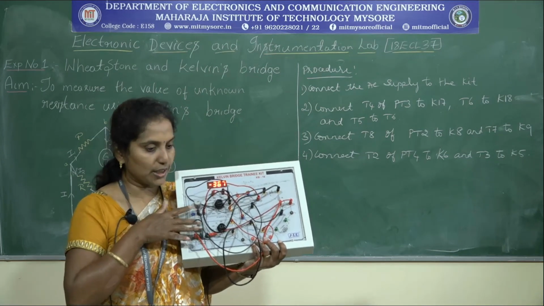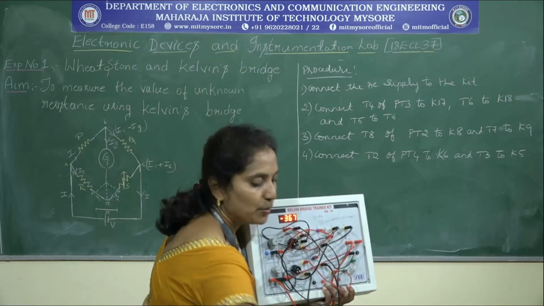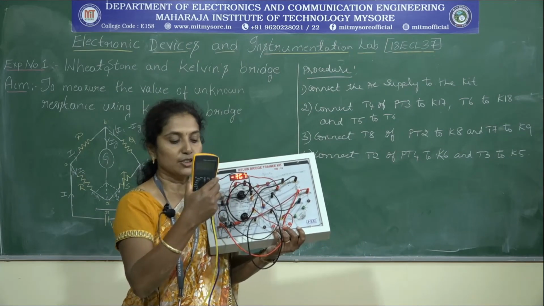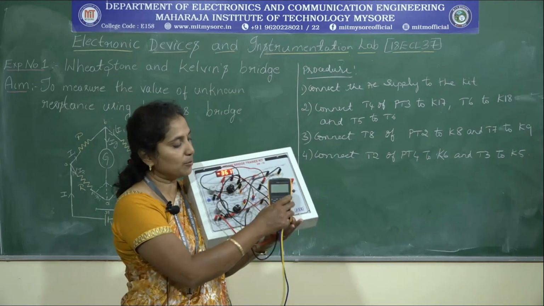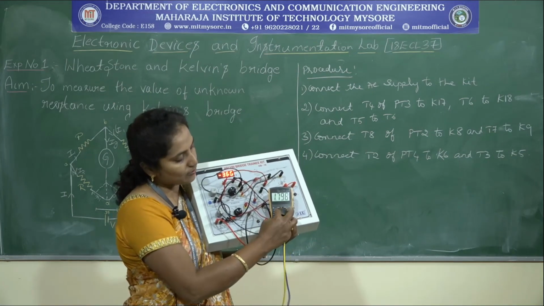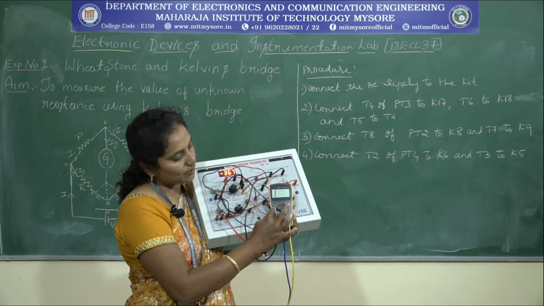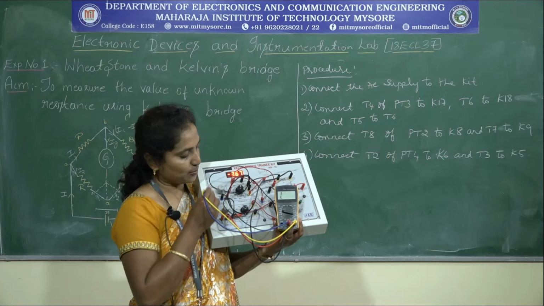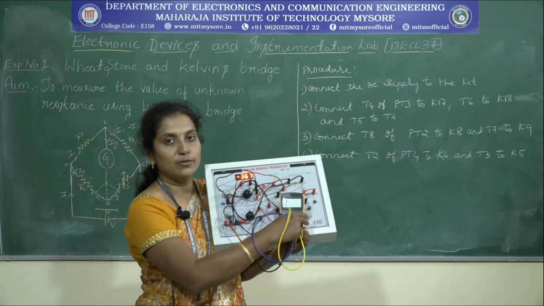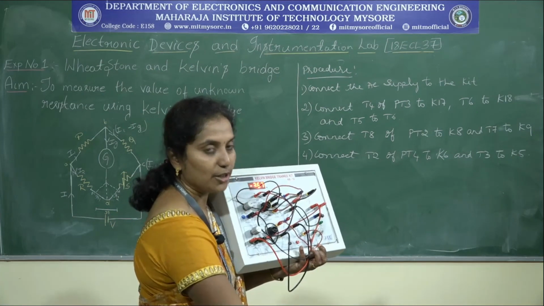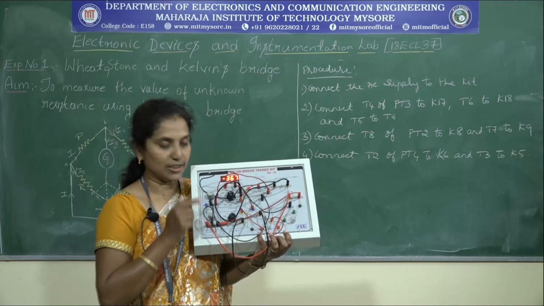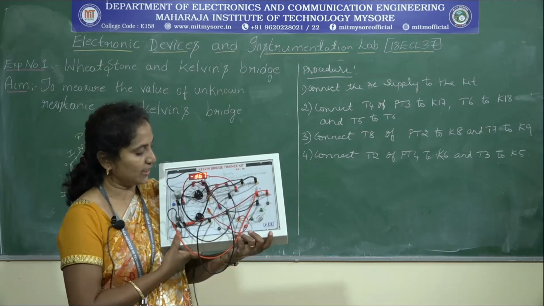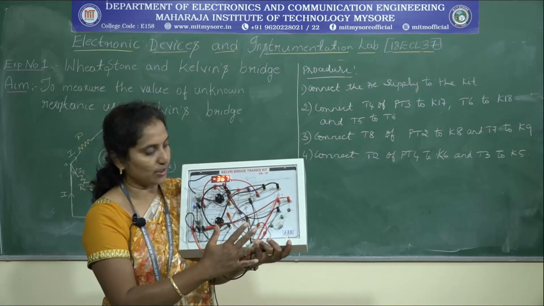So you have to set the value using this resistance, by using this multimeter. How will you keep it? Using the multimeter, you keep the knob here, and you measure what the resistance value is at this point, and then maintain the 1:10 ratio. Once you have maintained it, the connection is over.